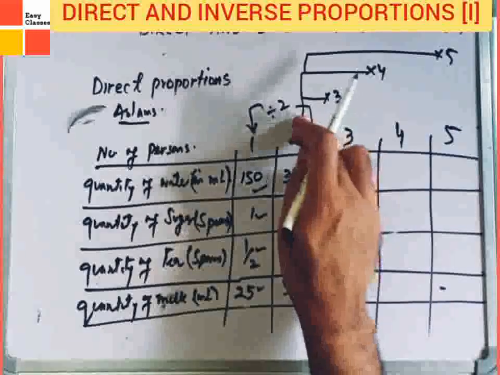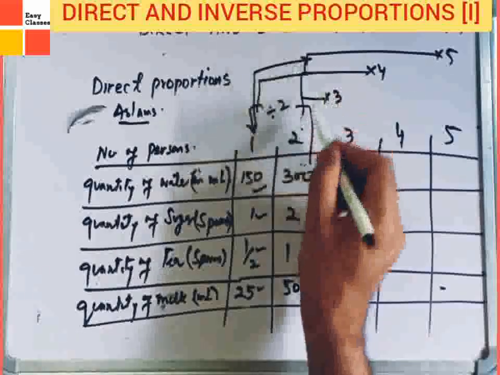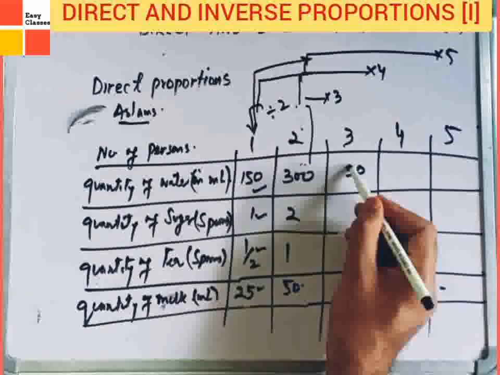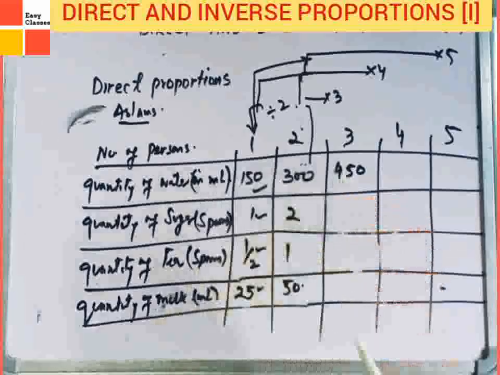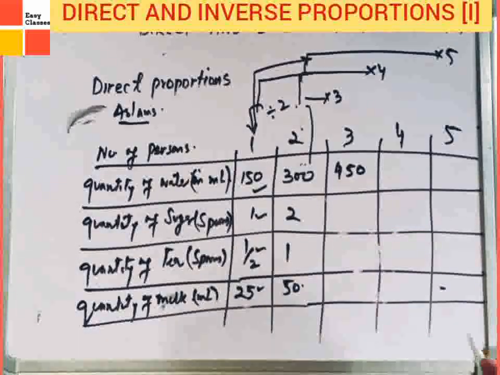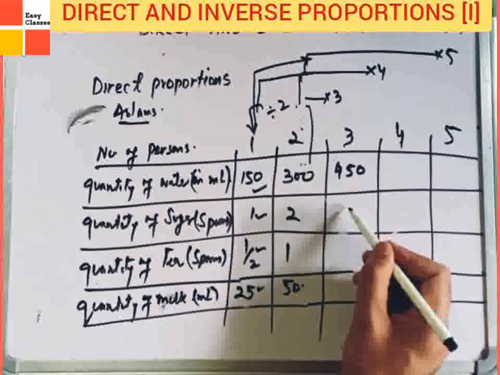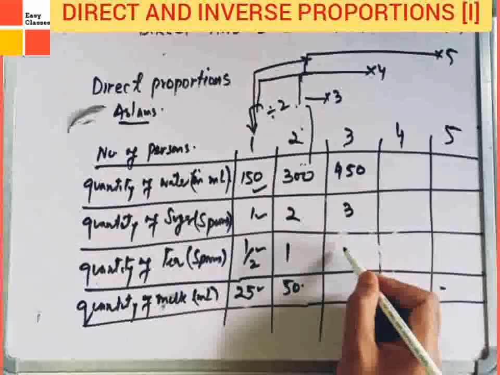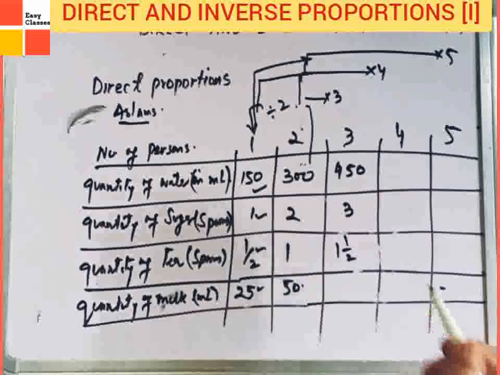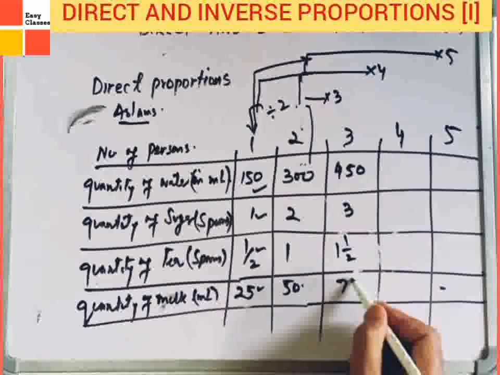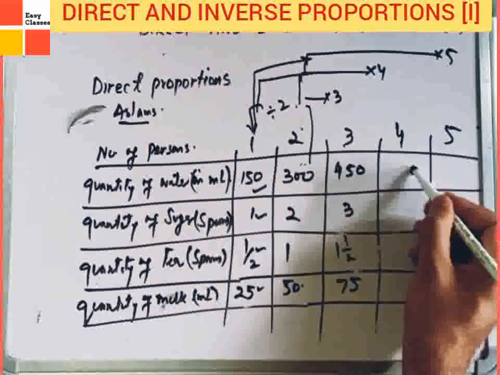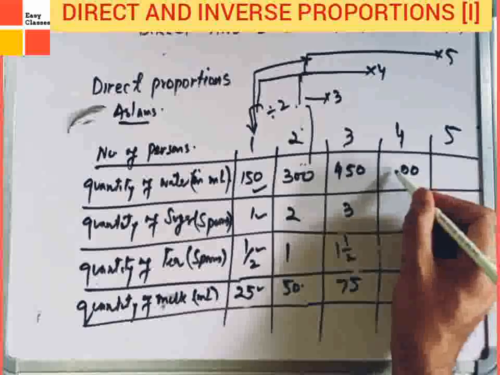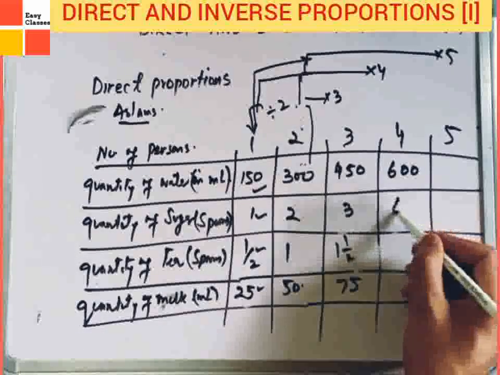Say for example, multiply this: 3 zeros are 0, 3 5s are 15, 3 1s are 3, 450. Okay, then 3 1s are 3, 3 into 1/2 is equal to 1.5, 1 and 1/2. Then 75 ml of milk. Then 4 zeros are 0, 4 5s are 20, 4 ones are 4, so 600 ml, then 4 ones are 4,